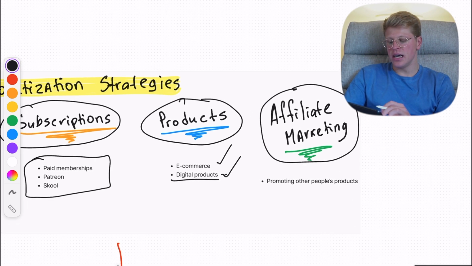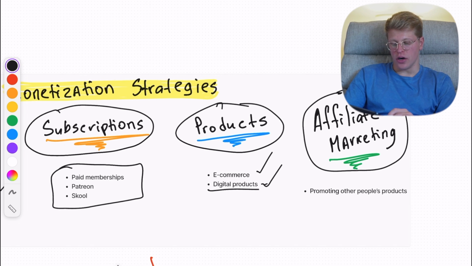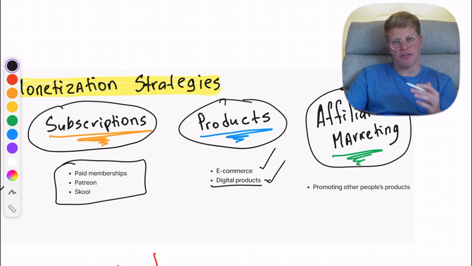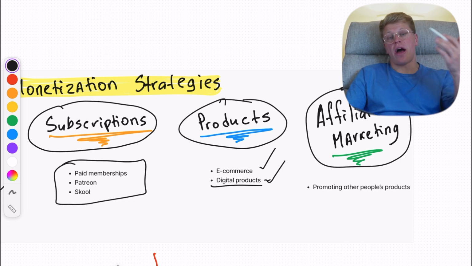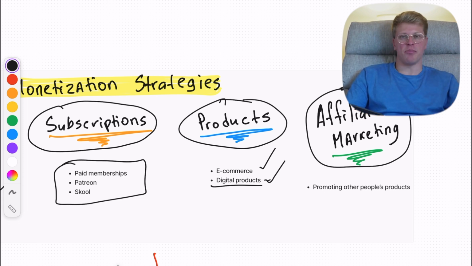And lastly, we got affiliate marketing, right? So affiliate marketing is one of my favorite ways to monetize content, because you don't have to do anything. You don't have to deliver any products. You don't have to do any customer service, nothing. You just literally send traffic to an affiliate partner, right? To an existing business. They convert, they do all of the work on their behalf, and they give you a commission for sending traffic their way, right?